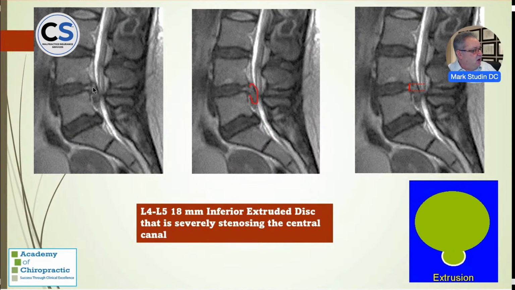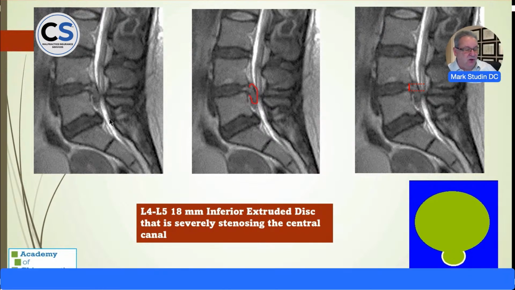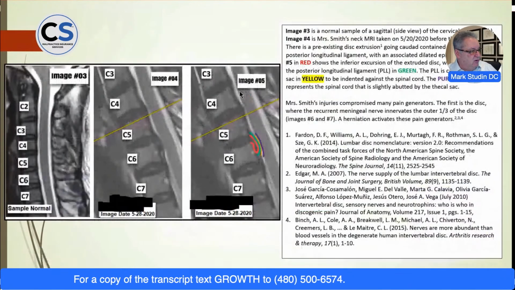This disc material has gone well cephalad. This is an extrusion. This patient had a subsequent trauma, and this literally got cut off and fell down into the neural canal. This poor woman's in exquisite pain, and the radiologist missed it, and the orthopedic surgeon missed it, and the pain management doctor missed it. Well, guess what? We didn't miss it. We found it, and we helped her get it fixed. She's had exquisite pain for, I think, maybe a year and a half. No one knew why. It was absurd. So this is a huge extrusion.